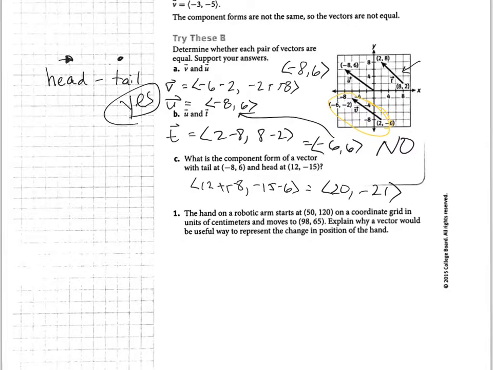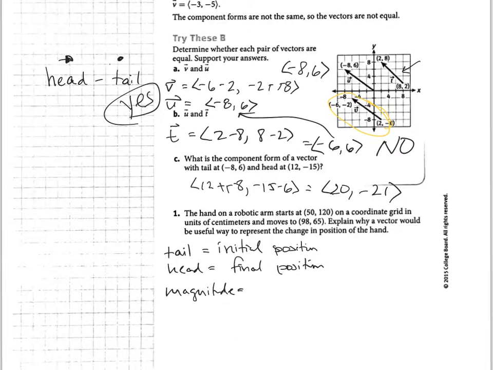So the robotic arm, the tail, if we were to think about this as a vector, the tail represents the initial position or the starting spot of the robotic arm. The head is its final position. Where is it trying to get to? How far over did it reach? Of course, the magnitude, this is the distance. And the distance comes from the tail or the start to the head, just to kind of put all these together. And of course, the direction,